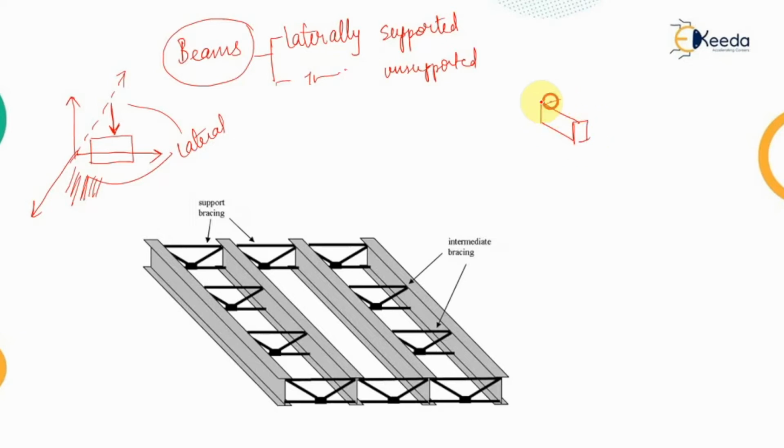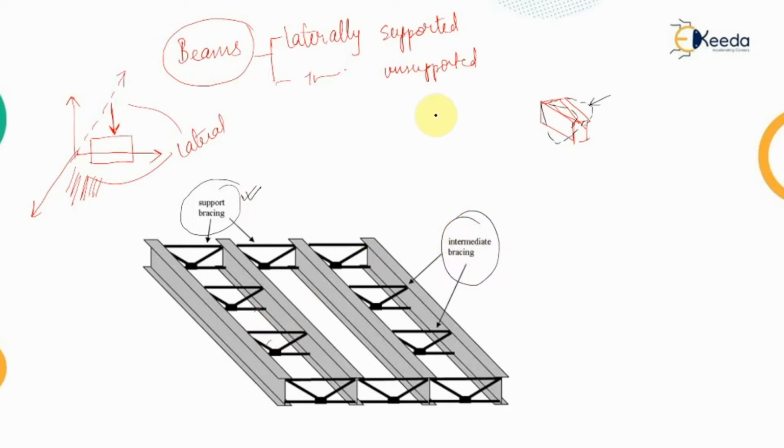So let's say this is the beam. This beam will be showing the transverse deflection, and it will also be showing the lateral deflection. Now to prevent this lateral deflection, we support the beams on the lateral side with the help of certain bracings or any other means which may restrain the deflection in the lateral direction. This bracing, if it is provided at the end or at the supports, is known as the support bracing, and if it is provided in the middle portion, then that is known as the intermediate bracing.